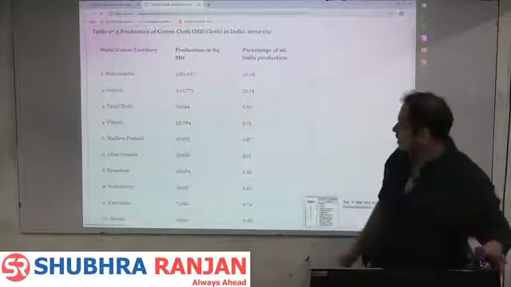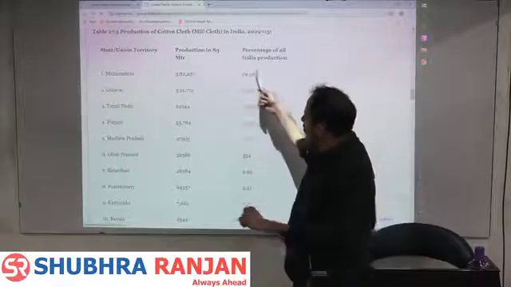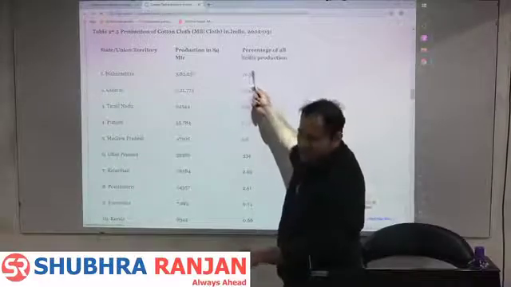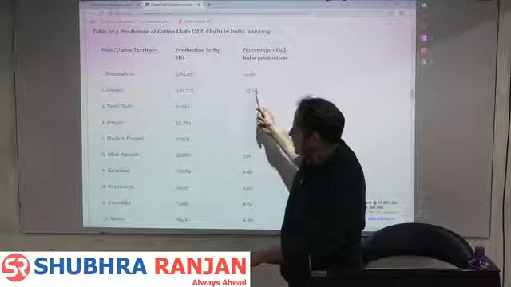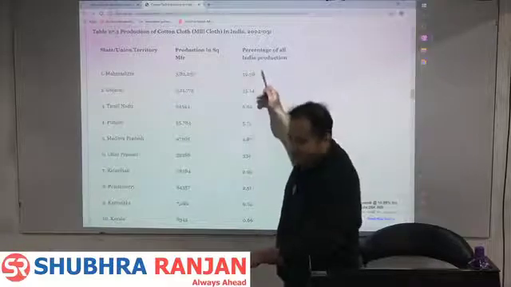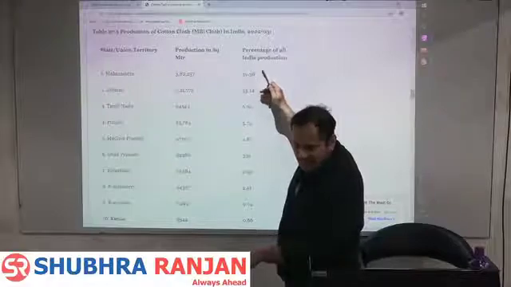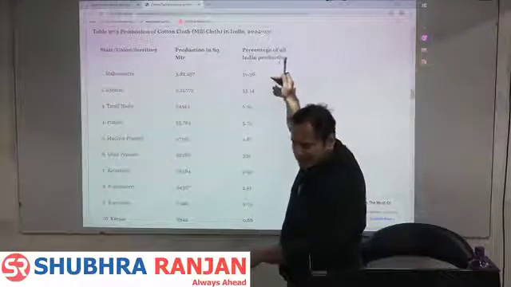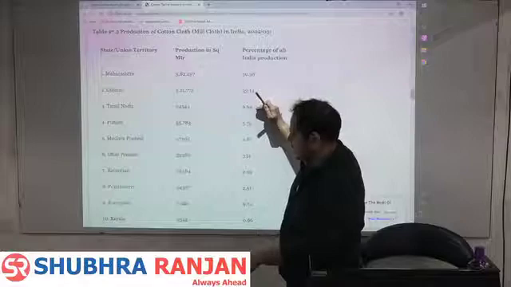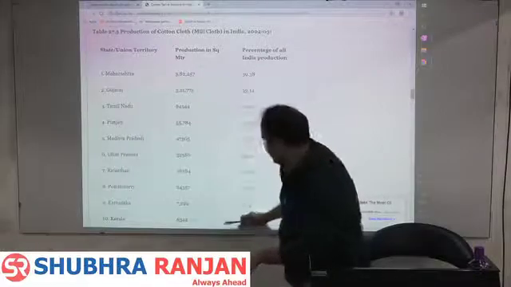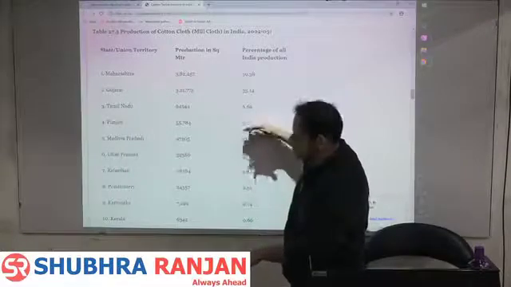The most cotton textile industries are in Maharashtra. It produces 39% of the total cotton production. After that it is Gujarat with 33%. Now this data has changed. Today Gujarat is one of the largest producers of textile followed by Maharashtra. Of cotton also, the producer today is Gujarat. Then it is Tamil Nadu. Then it is Punjab. And then the rest of India, Madhya Pradesh, etc. So you have to remember the top 4 states.